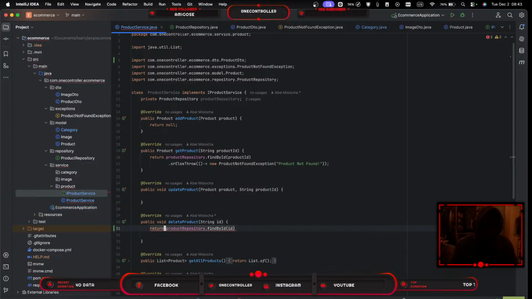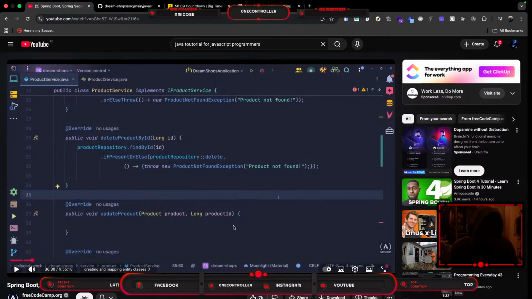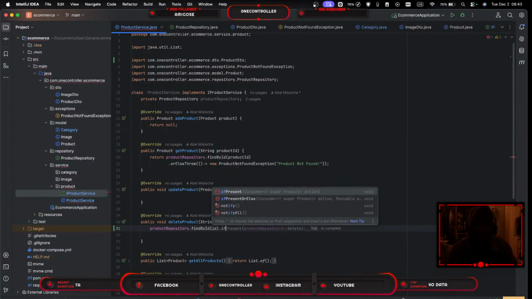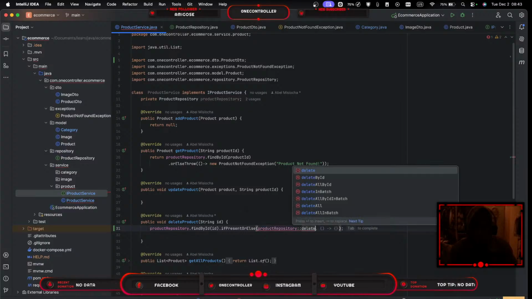Yeah, we don't return that. Did he return? Nope. I don't know. No. So you don't return, it's void. So you find by ID, and once you found it by ID, then you can do if present or else. So if present, you're going to say product repository delete